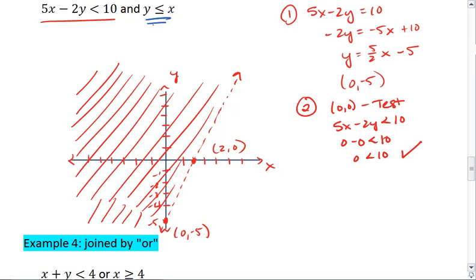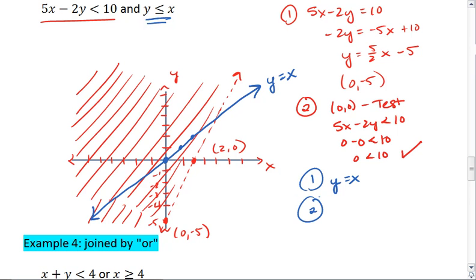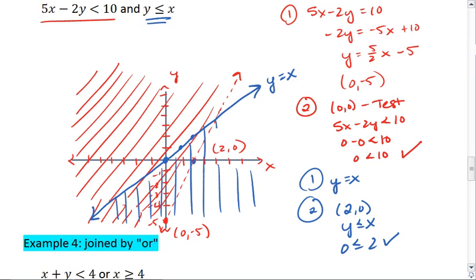Now let's look at y is less than or equal to x. We get y equals x, and this is a straight line. And we can test the point, not 0, 0, but let's test 2, 0. And we end up with 0 is less than or equal to 2, which is correct. So the blue line is shaded on this side. The correct solution will be